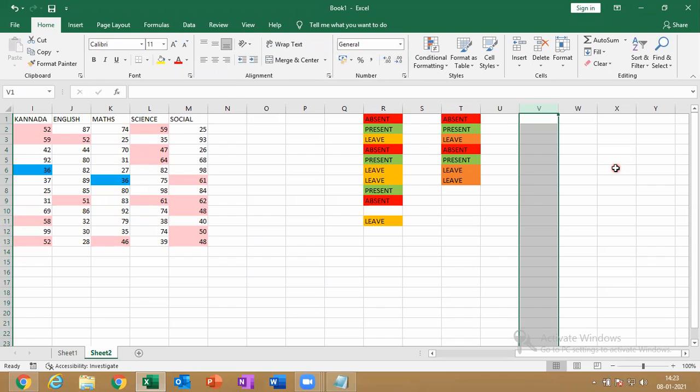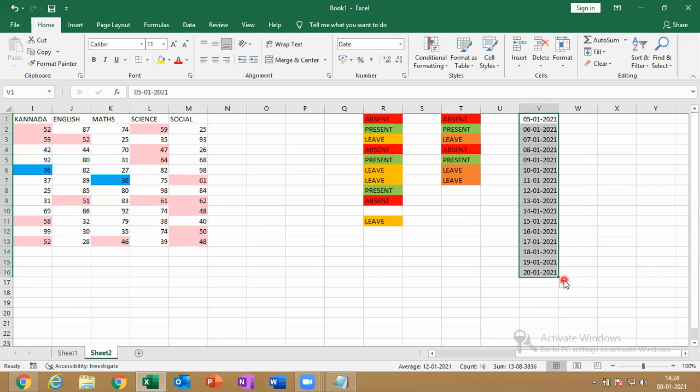Here my format is day, month, year. So first I need to type the day. 05/01/2021. Let me type here and drag and drop. Clear?